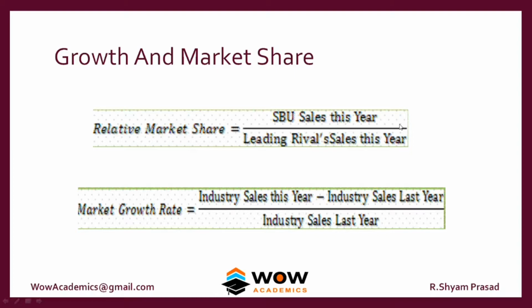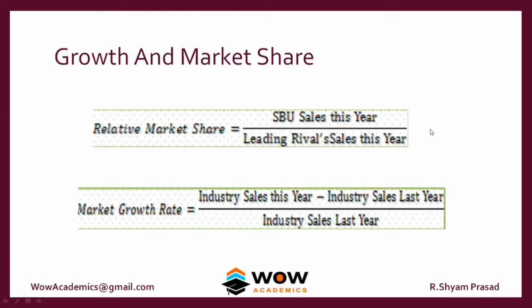So Nike is selling only 10 shoes this year. Okay, so the first company is Bata, which sells 20 shoes. The second company is Nike, which sells 10 shoes. So the answer will be 20 by 10, which means the answer will be 2. If it's 2, it means that when compared to the rival, the SBU is in a very strong position. So it is like 2 times the rival company. So that's how it works.